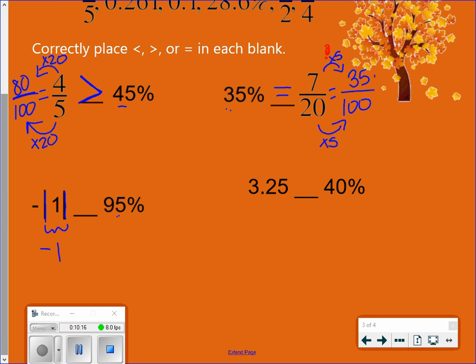So let's turn this percent, 95%, into a decimal. Again, we can do that easily by putting it over 100 because it's a percent. That's going to move my decimal over 1, 2 times. So that's going to be the same thing as 0.95. Now, you probably didn't even need to do that because this is a negative, this is a positive. That positive number is going to be bigger. But it's always good to check in case you need to. Okay? We have a decimal, we have percent, let's go OG, okay, 40 divided by that 100, 1, 2, that's going to be